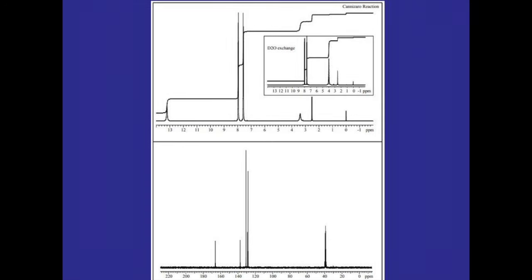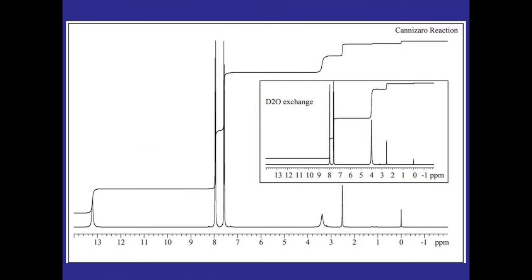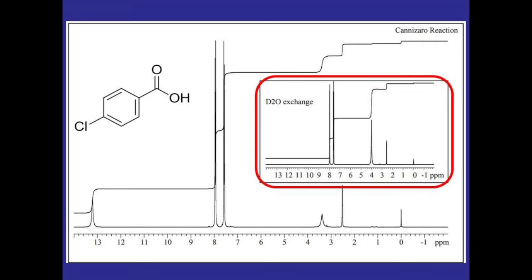Okay, let's take a quick look at the NMR. I'll just be focusing on the HNMR for this compound, but the same concepts should help with the other two compounds as well. So let's take a look at the HNMR to figure out which molecule we're looking at. We see this peak around 13, which is indicative of a carboxylic acid, so this would be the HNMR for the carboxylic acid product. Now this also could have been confirmed by looking at the D2O exchange here, which is